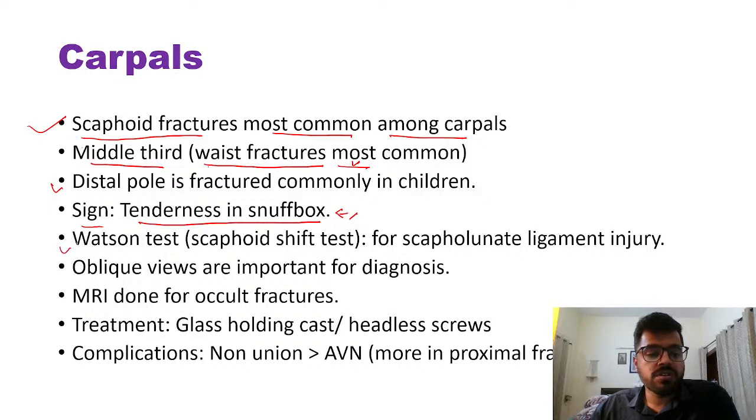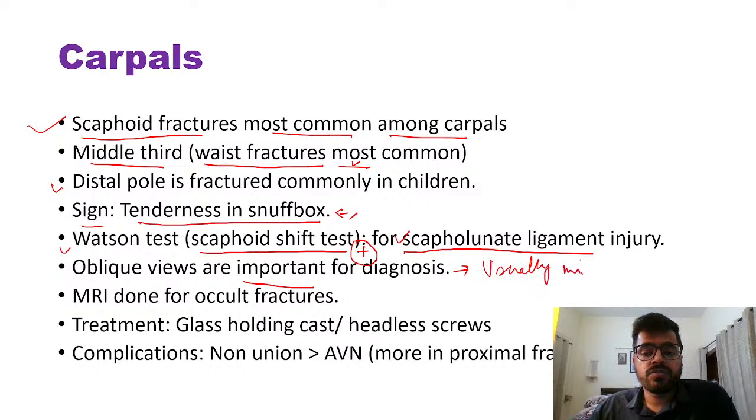And then we can also do Watson test, that is the scaphoid shift test. This is done for the integrity of scapholunate ligament. If the scapholunate ligament is injured, scaphoid shift test is positive. Oblique views are important for diagnosis as it's usually missed on initial x-rays. So we should go for clinical diagnosis. If there is tenderness in the anatomic snuff box, we should immobilize and repeat x-rays after 14 days,